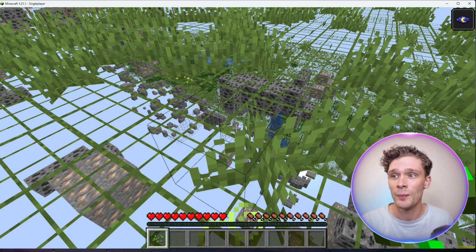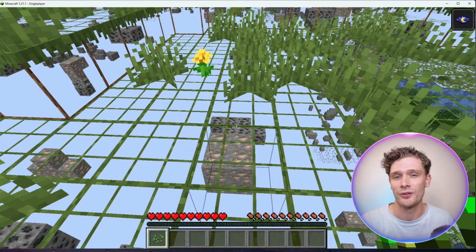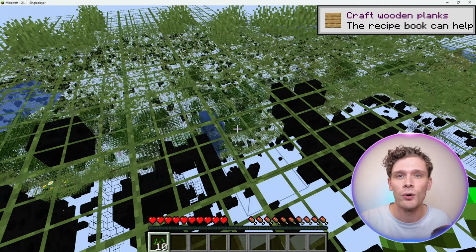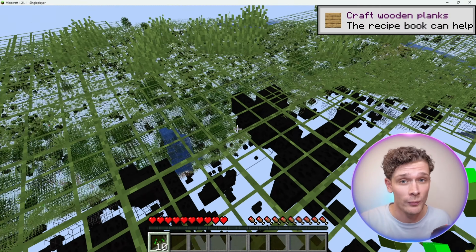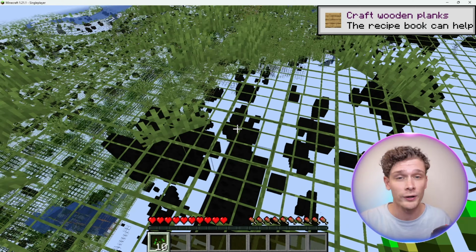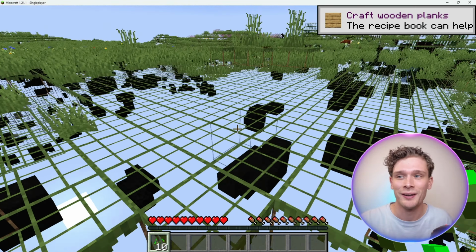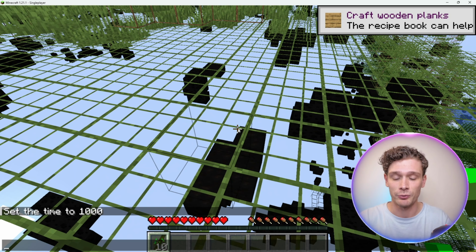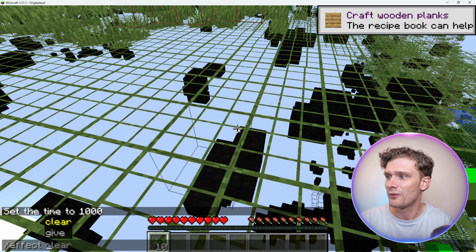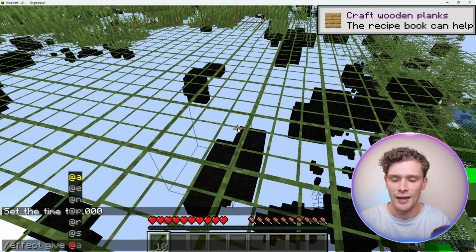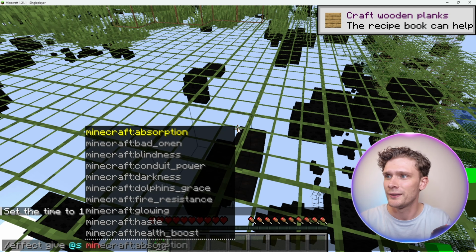Now let's check it out, and as you can see here we have the mod running active. Once you install the mod it should look something like this, where all the ore is blacked out. Now this isn't helpful when you're looking for ore, so what you need to do is simply press T, and from there you want to type in /effect give @s minecraft